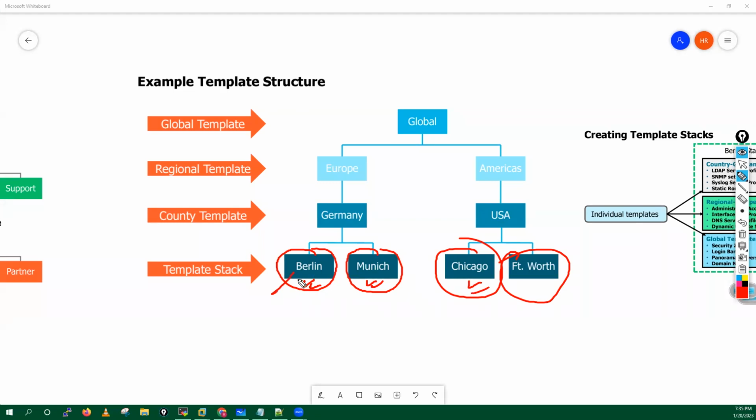Let's suppose in Berlin you have a 3220 box. In Munich, let's suppose you have a 3250 box. In Chicago, let's suppose you have a 5220 box. Here also you have a 5220 box, right? Here you have to put the dedicated configuration for these hardware models. If you have the same hardware model, 3220 here, 3220 here, 3220 here and 3220 here,